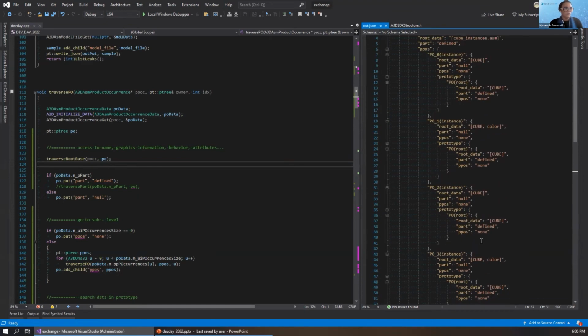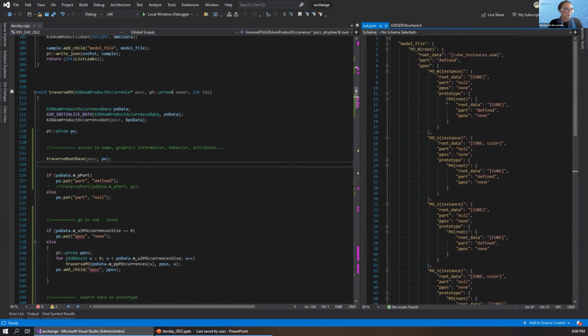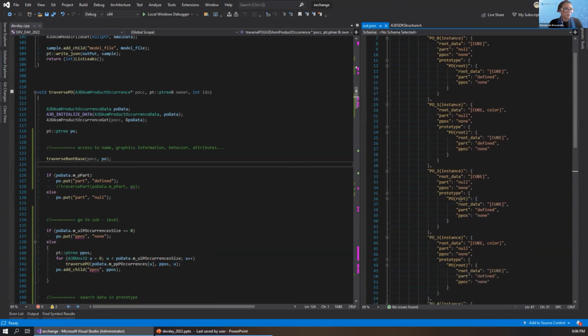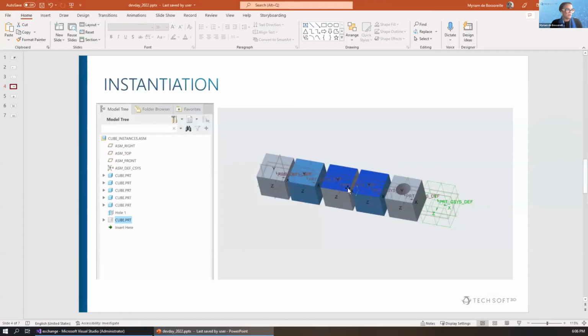So first, we're gonna try to retrieve where is the color of the face. The idea here is that this is a bit different because for the cube 2, we impact the entire cube, the entire model. So the color is defined for the whole product occurrence.